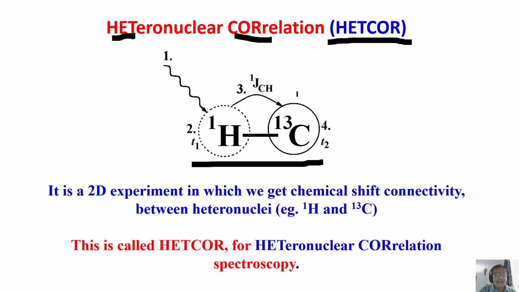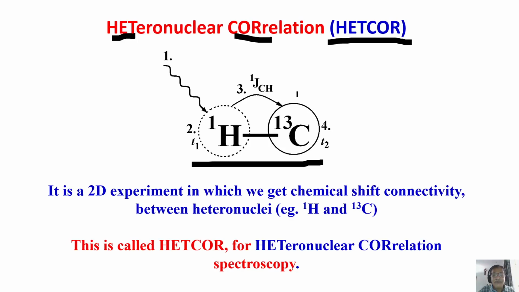For example, you consider a CH3 group, CH, there are two carbons coupled to two protons. In this heteronuclear correlation, I can see which carbon is connected to which proton. I can correlate the chemical shift of a particular carbon to that of the proton which it is attached to. It is a beautiful piece of information. For example, if I know the proton chemical shifts, I can use this experiment to make the assignment of the carbons. Which carbon belongs to which proton.